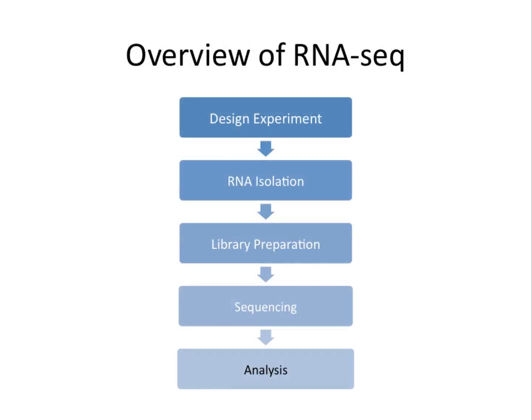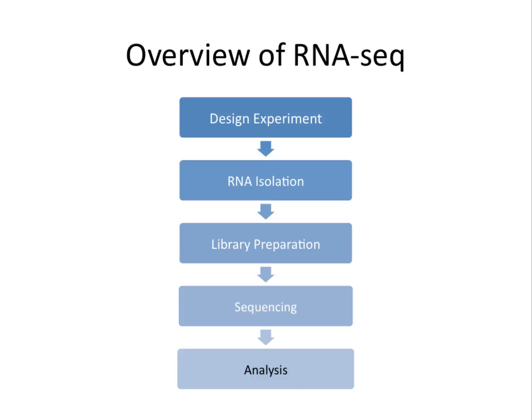As an investigator about to embark on an RNA-seq experiment, you'll be going through multiple steps from the wet lab to the dry lab to ensure that you generate the data you need for your project. These steps are summarized on this slide. First, you'll design your experiment or RNA collection from a clinical cohort to ensure you have enough samples to power your study and that the choices you make at each of the following steps facilitate your RNA-seq goals.